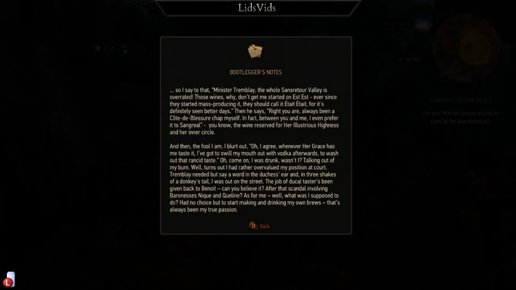What is this? Bootlegger's notes? So then I say, Minister Tremblay, the whole Sostrator Valley is overrated. Those wines, why, don't get me started on Est. Ever since they started mass-producing it, they should call it Etate, for it's definitely seen better days. Then he says, right you are, always been a Côte de Blancheur chap myself. In fact, between you and me, I even prefer to Sangreal. You know, the wine reserved for Her Illustrious Highness and her inner circle. And then, the fool I am, I blurt out, oh, I agree. Whenever her grace has me tasted, I've got a swill in my mouth, out of with vodka after, to wash out that